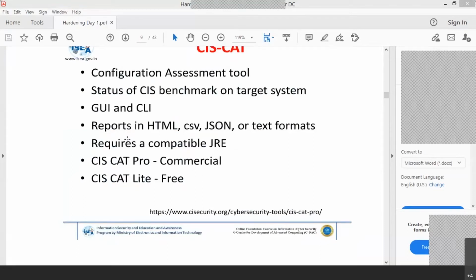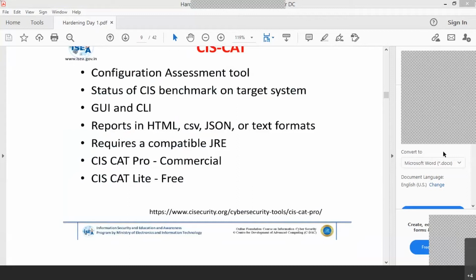You can download it from the link www.cissecurity.org/cybersecurity-tools/CIS-CAT.